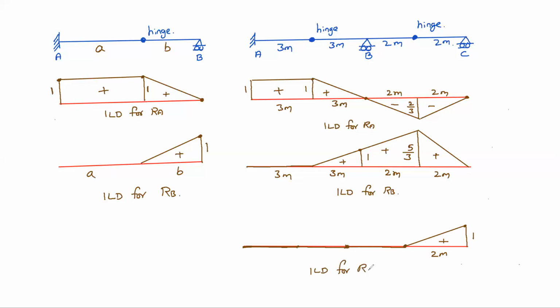ILD for RC. This is the idea behind this drawing of ILD. So A to hinge, there is no displacement because of fixity at A. B, it should not be dislocated. That means A to B also same straight horizontal line only. And hinge to hinge, it should be straight line. So at hinge, it can take bend. So you have given bend, and at C, 1 unit displacement is there. This is the ILD for RC. So like this, without having any calculations, by simply removing the restraint and by giving unit displacement and maintaining the physical constraints and all, you can draw very easily this ILD.